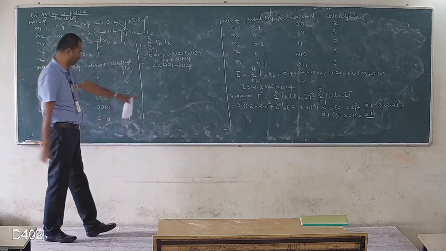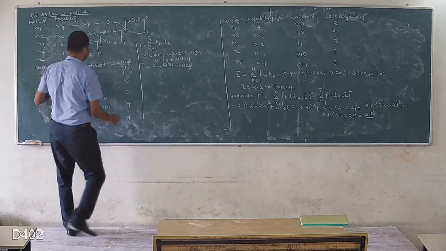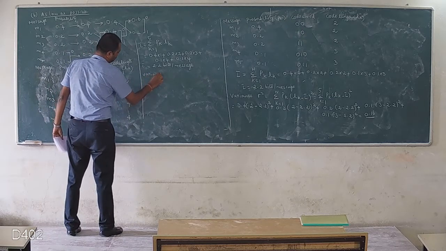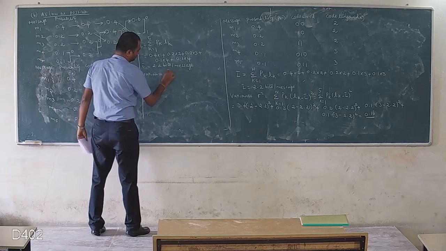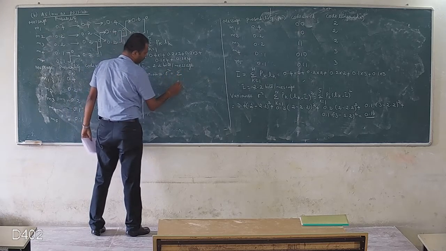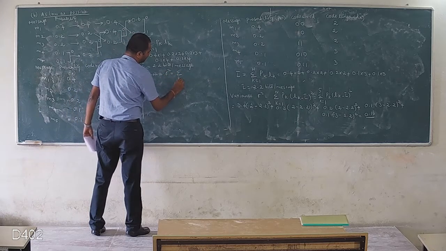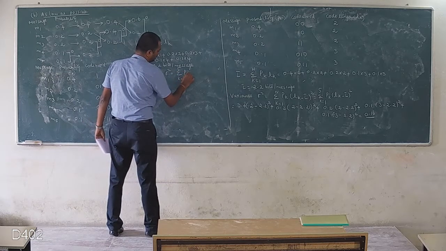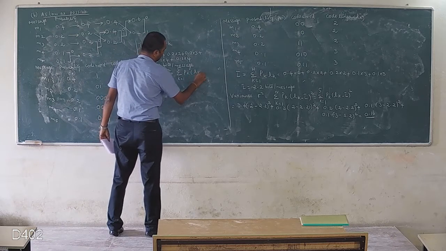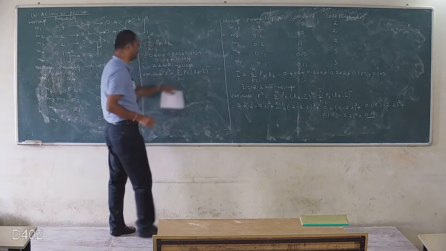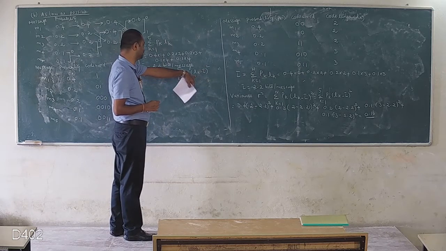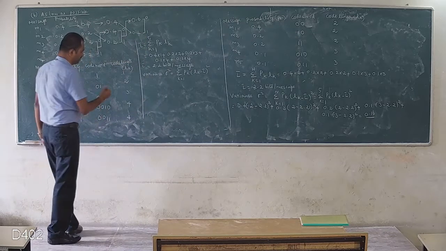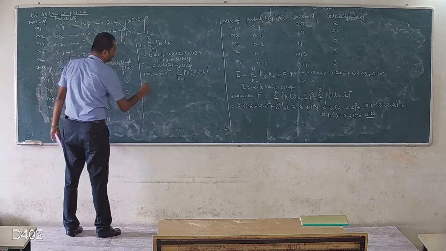Now let us repeat to find out the variance for the as low as possible case. We know that variance sigma square is equal to summation k equals 1 to n, here 1 to 5, pk into lk minus L bar, the whole square, where pk is the probability of occurrence of the symbol, lk is the length of the symbol, and L bar is the average code word length. By substituting all the values, that is here